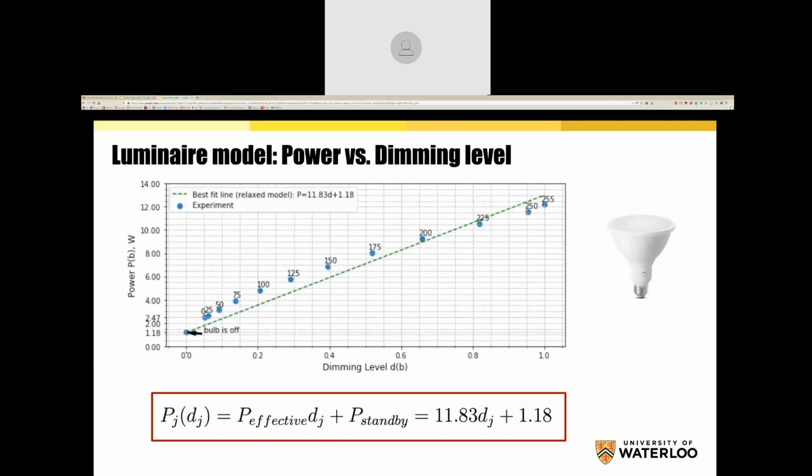But we notice that when the dimming level is 0, it still consumes non-zero power, and that's for the electronics. The Zigbee module inside it consumes some power, so that's going to be needed over here. And that introduces a nonlinearity at 0. And second, this is not exactly a straight line. It actually has a slight dampening of the curve.